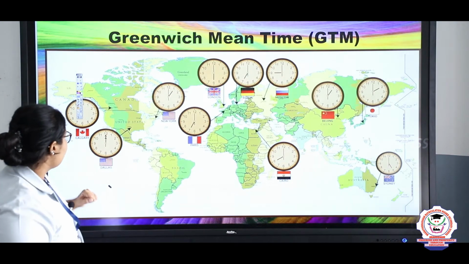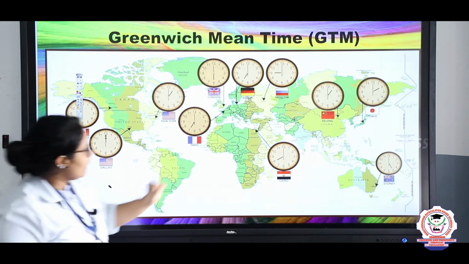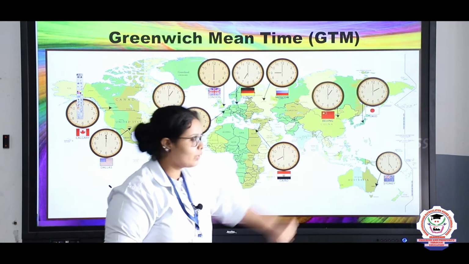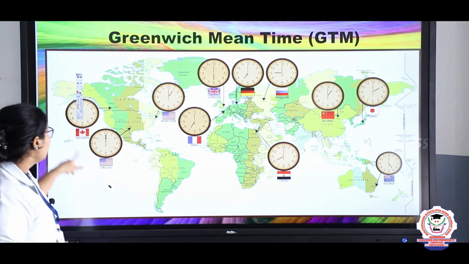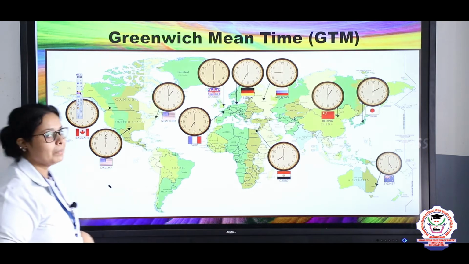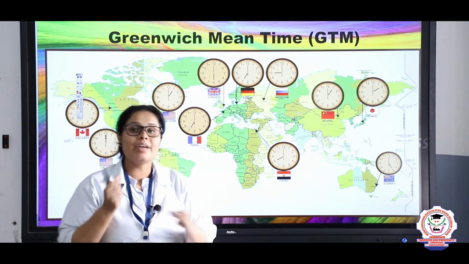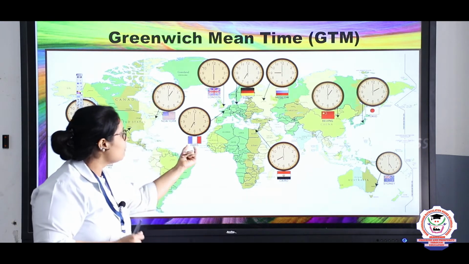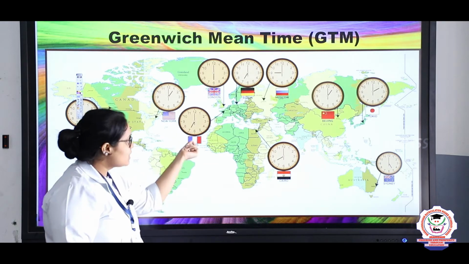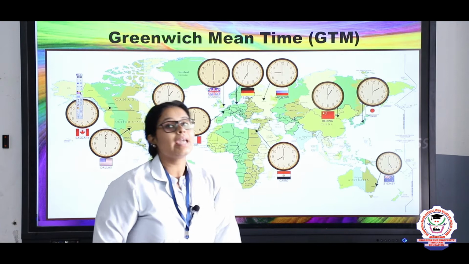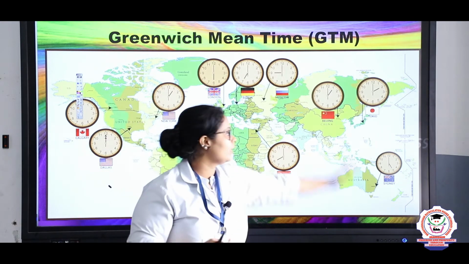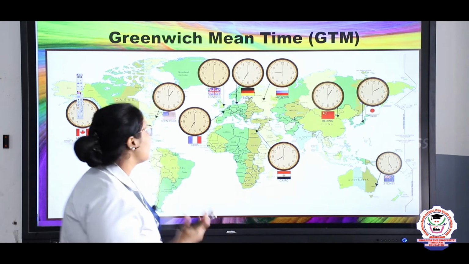Now in this diagram you see, for example in India it is 8 o'clock, then you will see that here in Italy it will be 11 o'clock. So that is the time variation. Even here in Paris, if you are comparing it with India, Paris will have 7 and India will have 8. So there is a delay of 1 hour. Same way they are divided into 15 different timings.